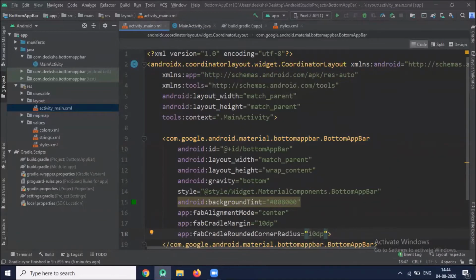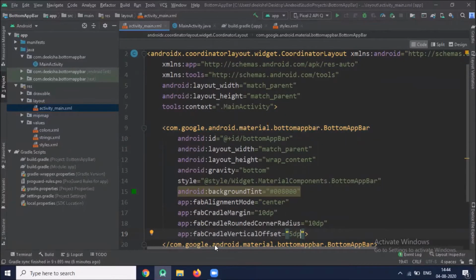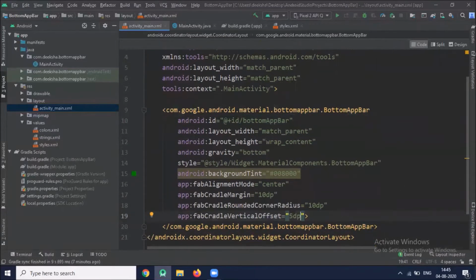Fab cradle rounded corner radius is used for the cradle radius. You can choose according to yours. And fab cradle vertical offset. This element is used for the distance between the floating action button and the bottom app bar.